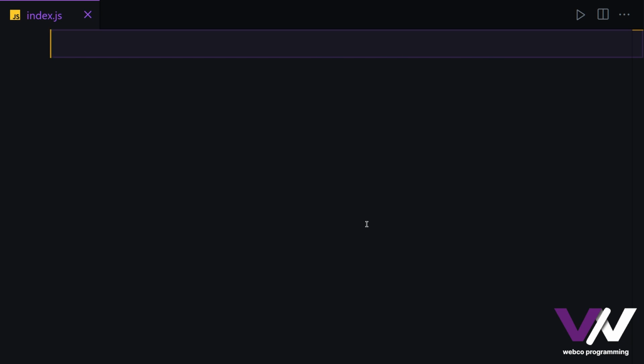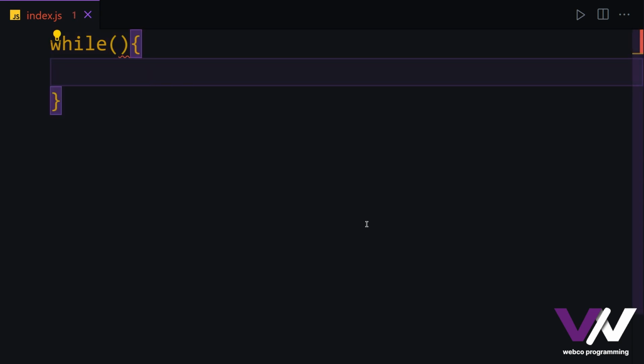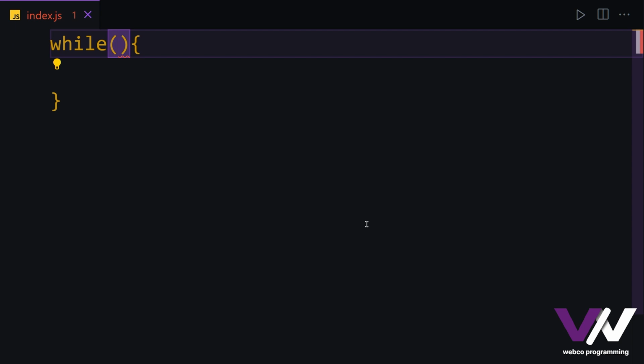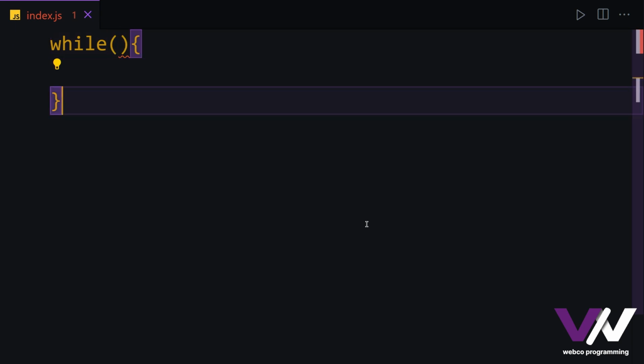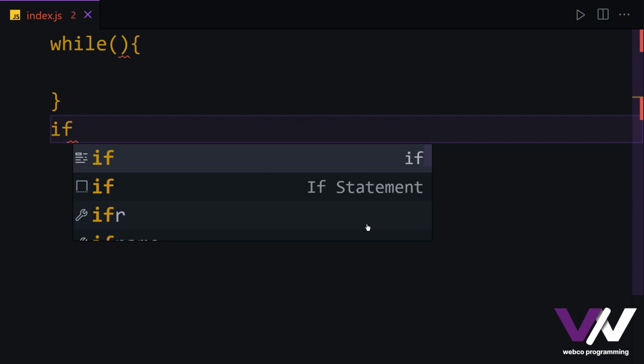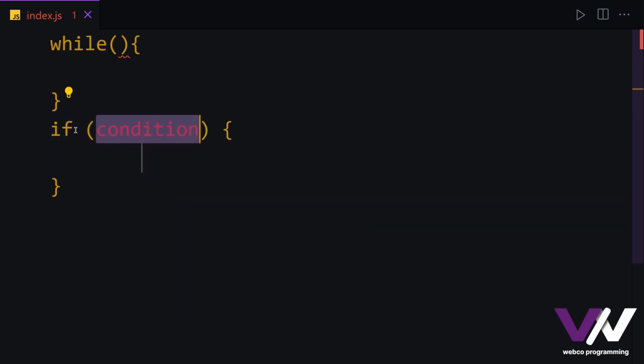In this part, we're going to talk about our while loop, which is another kind of loop that we can use to run our code repeatedly and not once. To use it, we use the while keyword, then we need parentheses, and after that our code block inside curly braces. Inside these parentheses, we have some condition. The syntax is the same as our if condition, where we have a simple condition and a block of